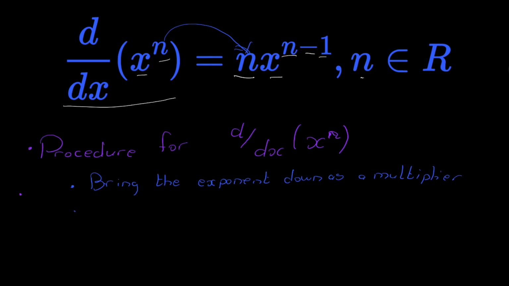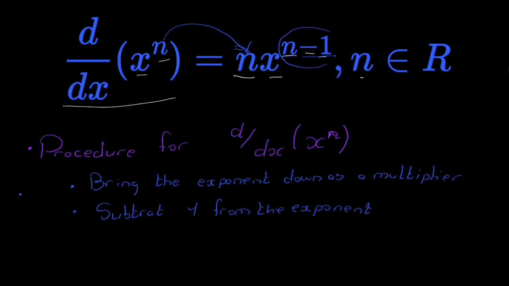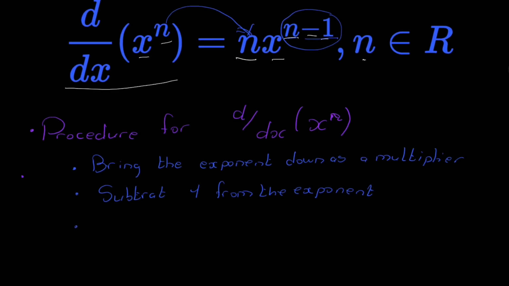The next step is to subtract 1 from the exponent. This can be seen as negative 1 being added to n, or 1 being subtracted from n in this initial formula. The third step is